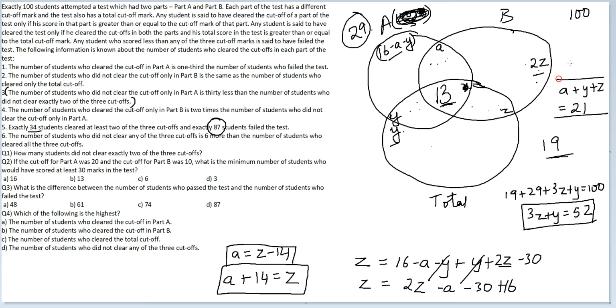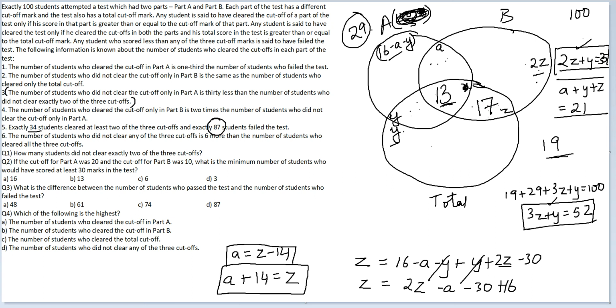So I would get 2Z plus Y is equal to 35. And this should be a clincher for me. If 2Z plus Y is equal to 35 and 3Z plus Y is equal to 52, look at this equation and this equation. The only thing changing on the LHS is one extra Z is coming in, and on account of that 17 is the increase in the sum. So you can reach the conclusion that Z is equal to 17.